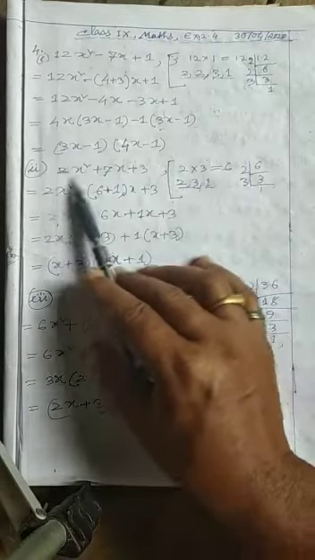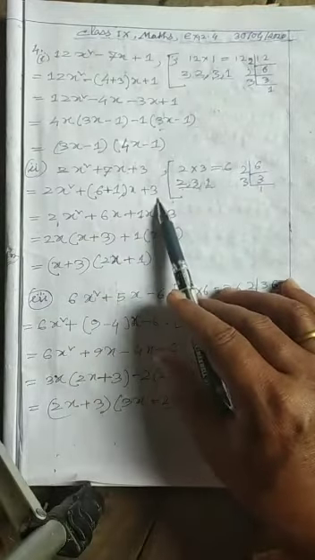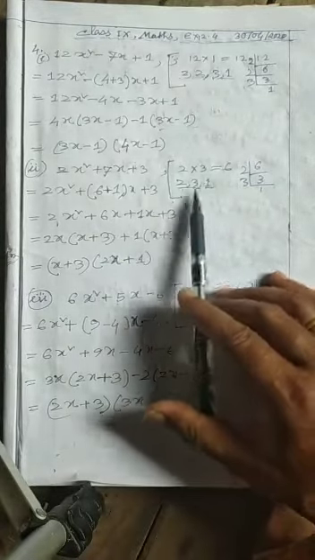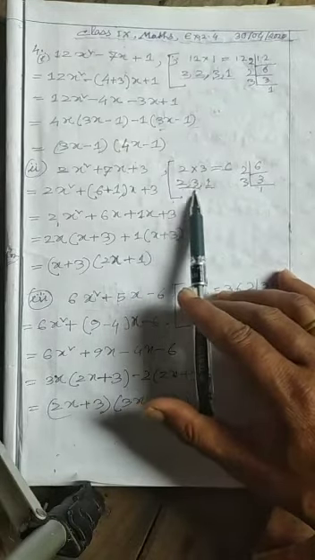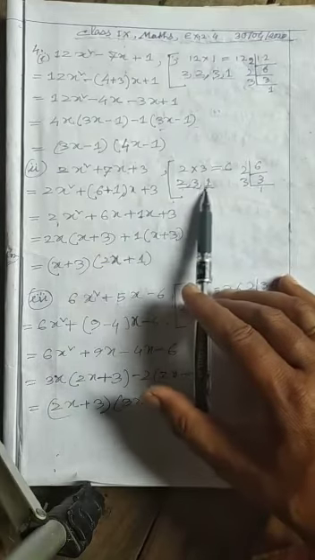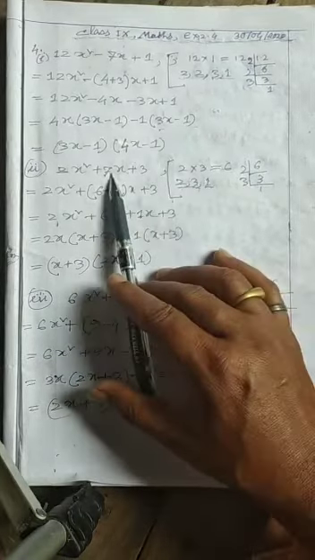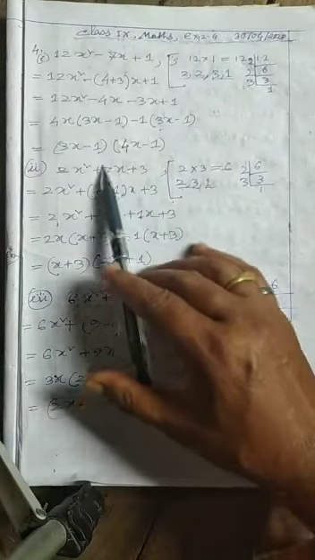Now you write twice x square plus, give a bracket, don't write anything, x plus 3. Now make two groups here. This one group, this one group. 2 and 3 times 1 is 3. 3 plus 2 is not equal to 7. 3 minus 2 is not equal to 7. Change the group, because we should get 7.